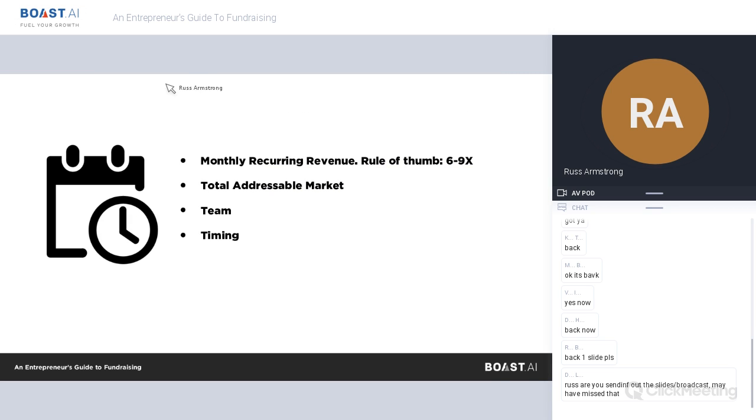Going through it again, it might change a multiple that you'd be able to command when you go out to market. Your timing. This is an interesting one that I think is something that a lot of people miss, and it's the why now question. Why is now the right time for this industry to be disrupted? And it could have to do with your KPIs and who your buyers are and how savvy they are and what their tech stack looks like. There's multiple things, but addressing the timing of why now it's the right time and what trends are happening is very important when you're trying to command a premium multiple.